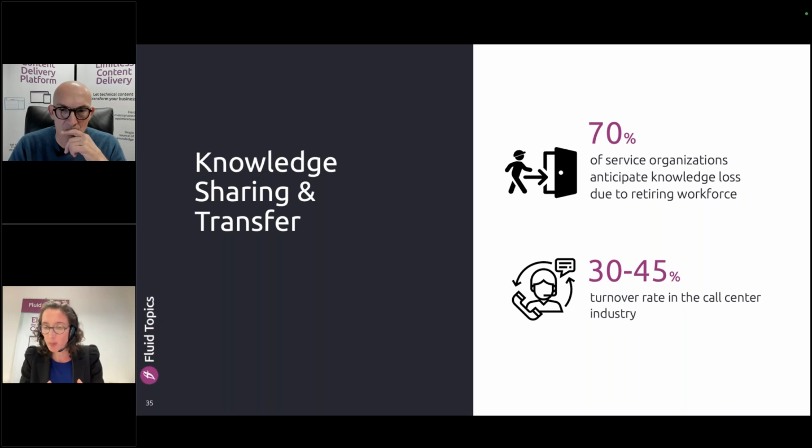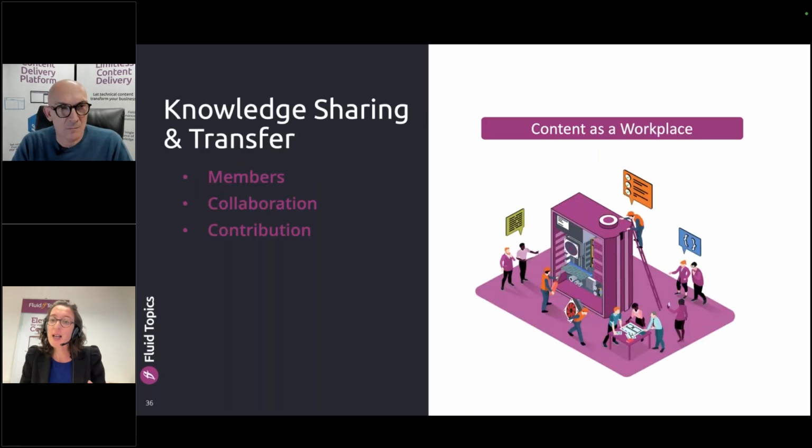So these workplaces, which are a new way to onboard and get people involved and engaged within the company, and also outside the company, rely on three pillars. The first pillar is the members. Building workplaces starts by defining who will be part of these communities. That can be based on their profile, or on the interests of the different users.